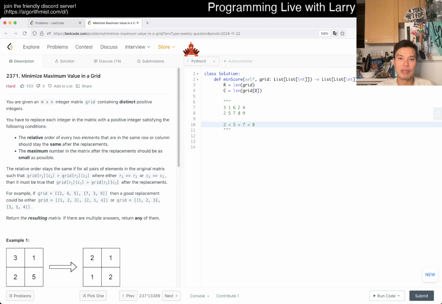Because if you think about it, even just what I wrote out, instead of writing 2 is less than 7, we can infer that from 2 is less than 5 and 5 is less than 7, and then the transitive property. And if you think about it as a DAG, and then now you have a topological sort,